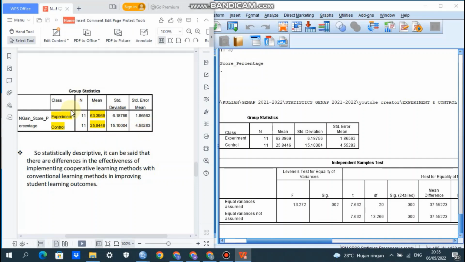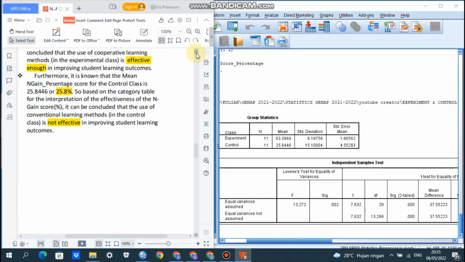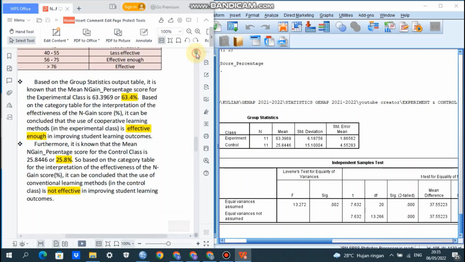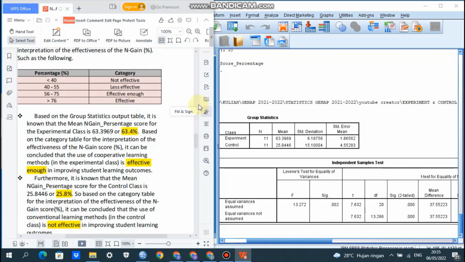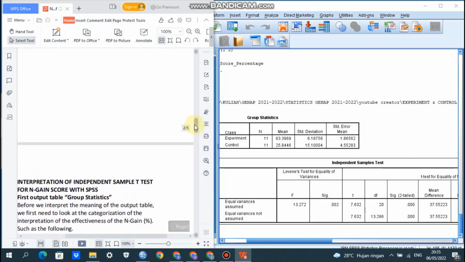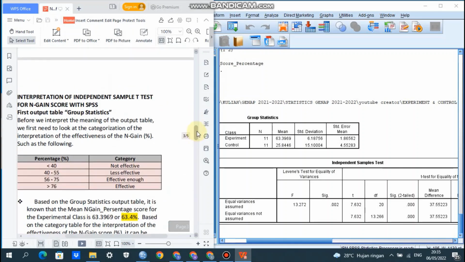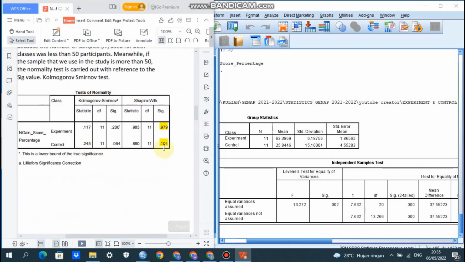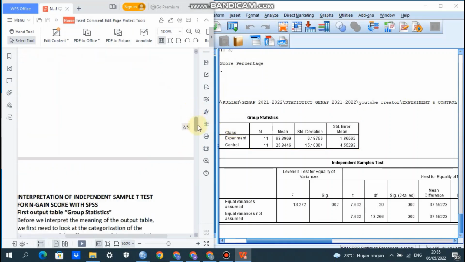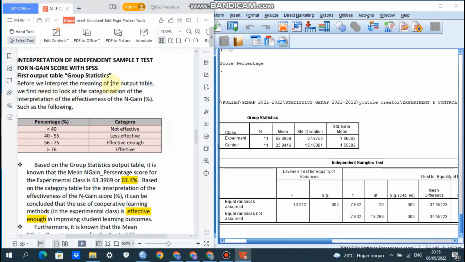After the data are normally distributed, of course, we can go to the independent sample t-test for N-gain score with SPSS. The first step is normality. The data are normally distributed, and we go to the interpretation of the independent sample t-test here.